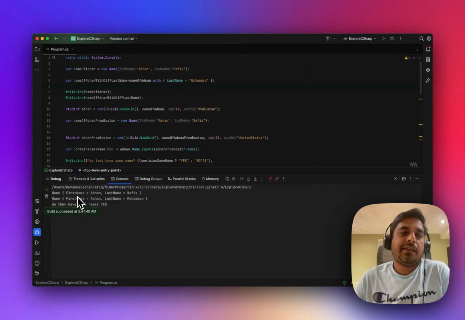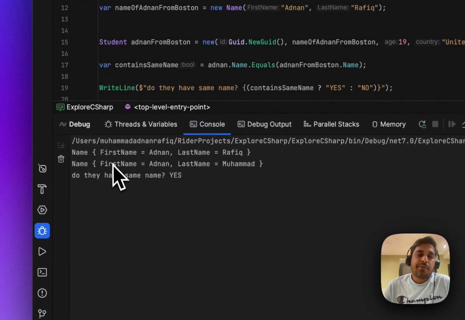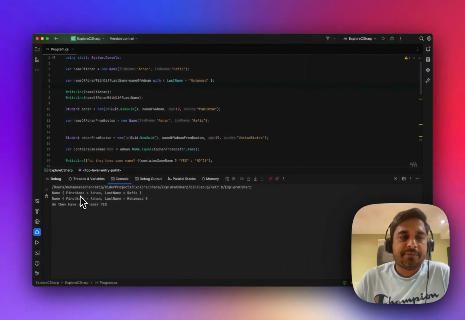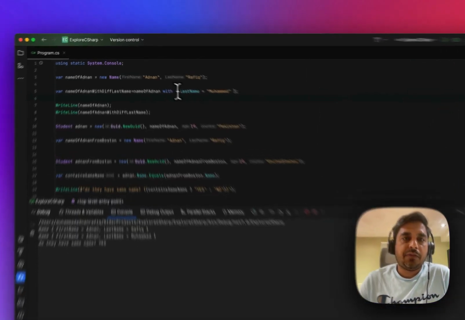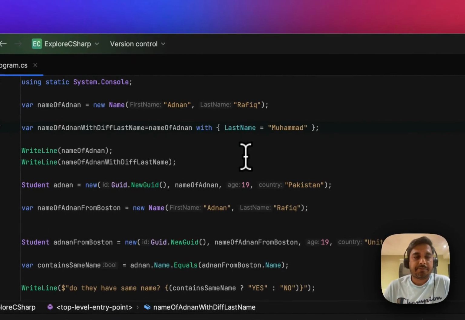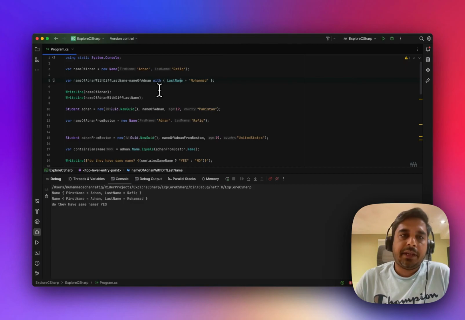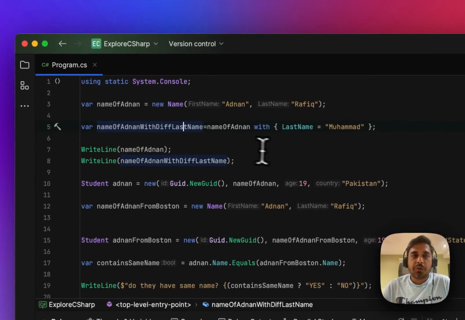So if you see, it printed a really nicely formatted string here. Name, first name is the type of the name, last name Rafiq, and then on the second line we are saying first name and last name is Muhammad. If you notice here, we only assigned the change to last name, but we didn't change the first name. So it did copy all the data from that type to this object